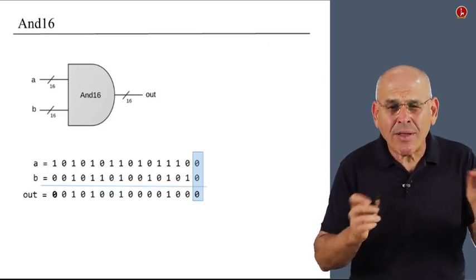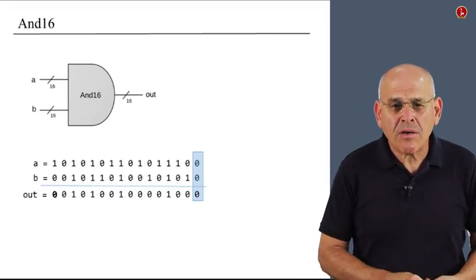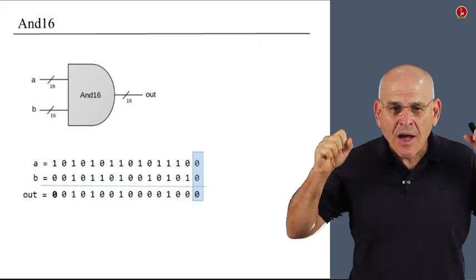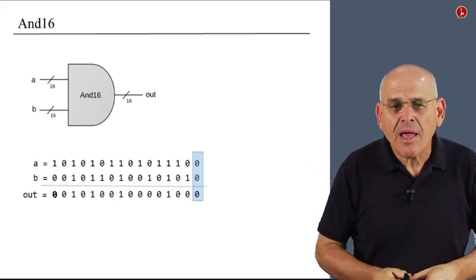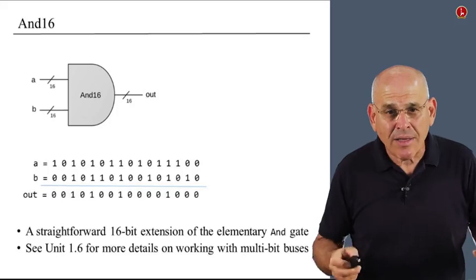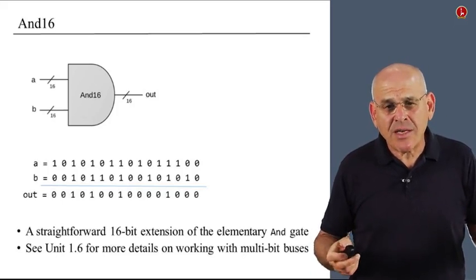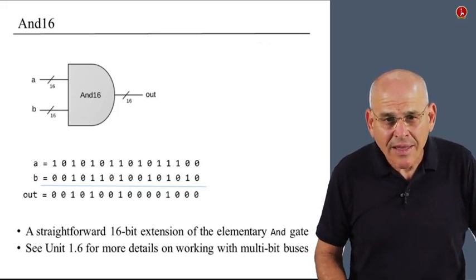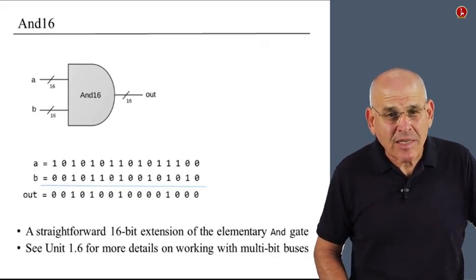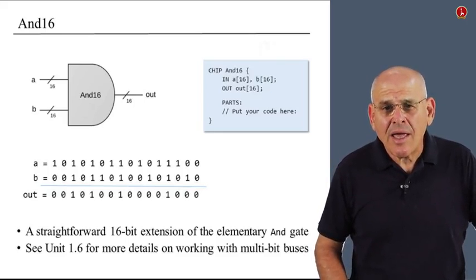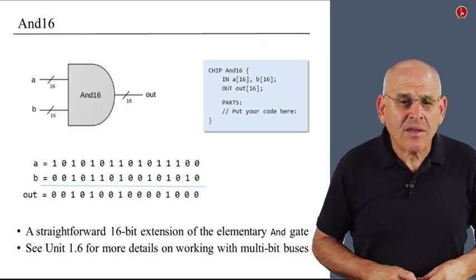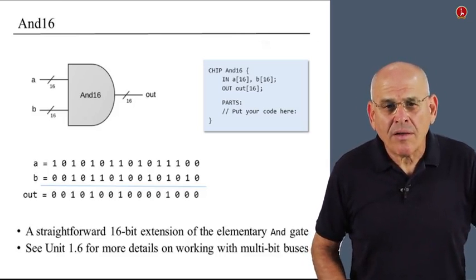Now there's something which is a little bit deceiving in this example here, because the calculation of the logic here is not sequential. Everything is being outputted, boom, in parallel. And this also gives you some tip on how to actually build it, okay? This is a straightforward extension of elementary AND gates. You can read more if you want about how to handle buses of data in HDL. And basically, once you get this stub file, we can implement an AND gate using a set of two-way AND